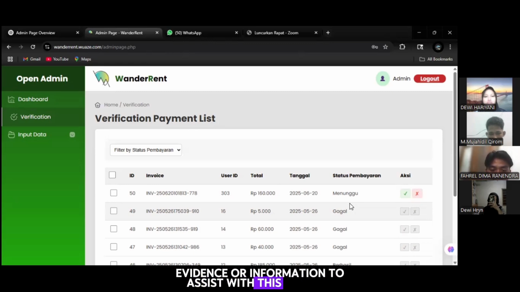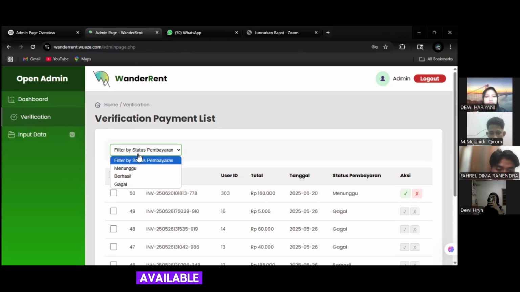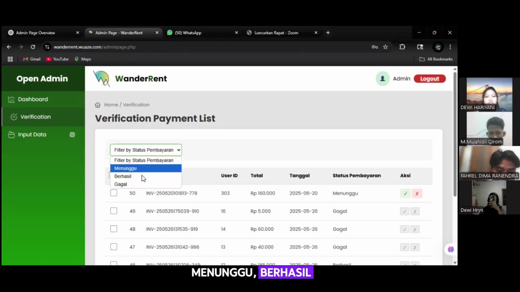To assist with this process, there is a feature that allows the admin to filter payments based on their status. The available status filters include gagal, menunggu, berhasil.